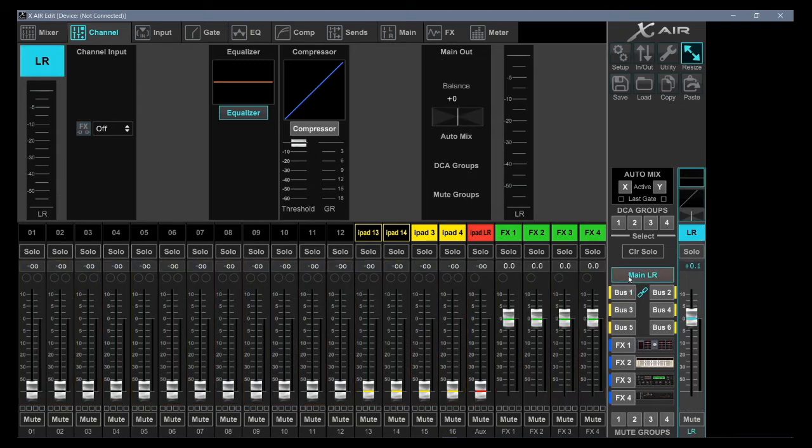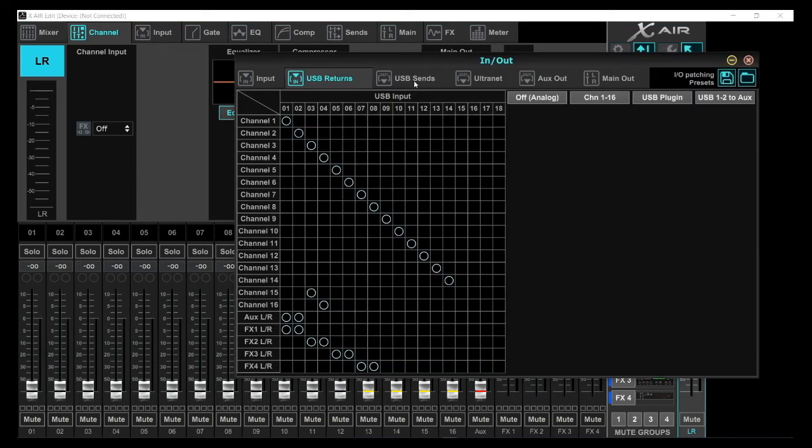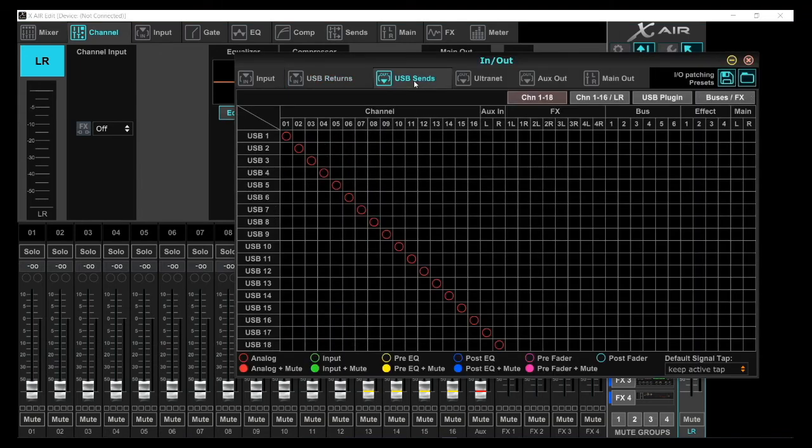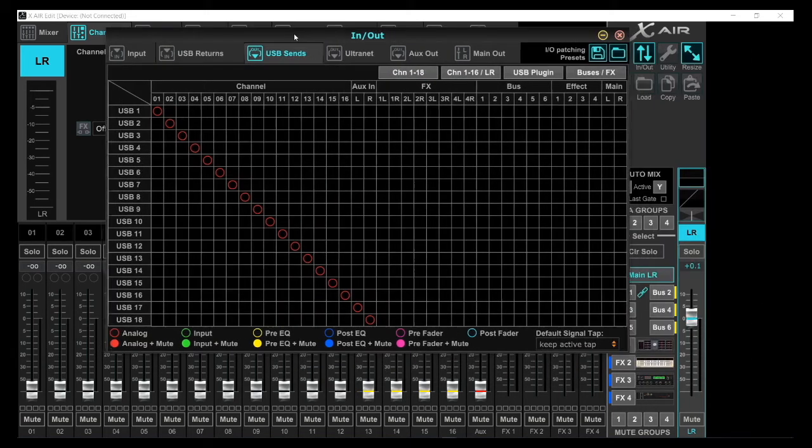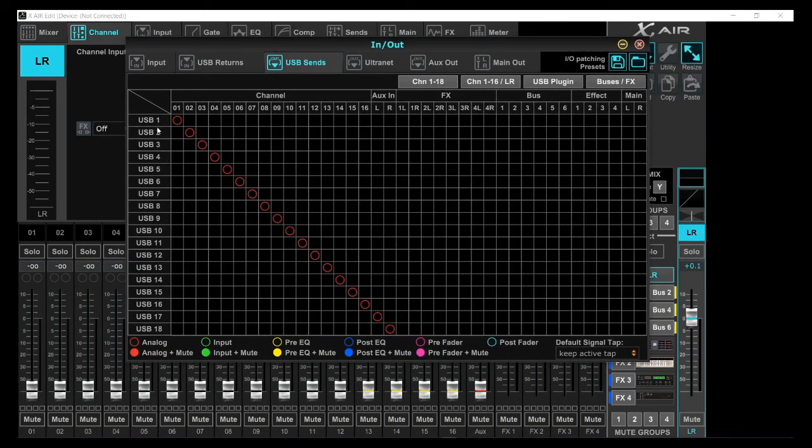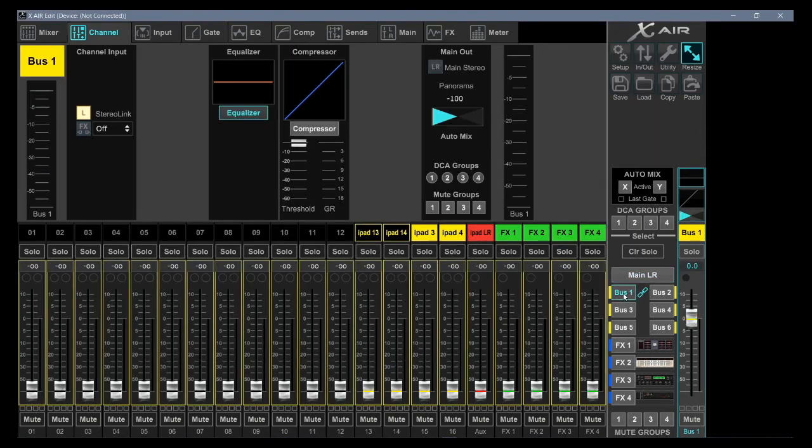Let's go to the inputs and outputs, and we will go to the USB sends tab. Now, USB sends is what you see in the iPad when you open up a recording channel. You have 18 available USB audio inputs to your iPad, numbered 1 to 18. This stereo bus here, bus 1 and 2, if I want to use that for streaming, for example,